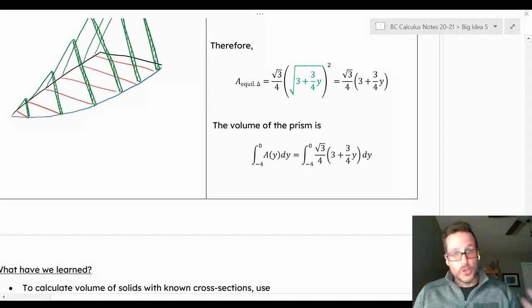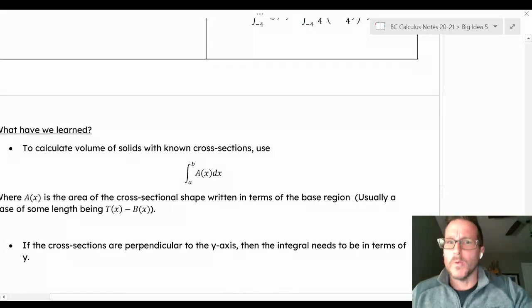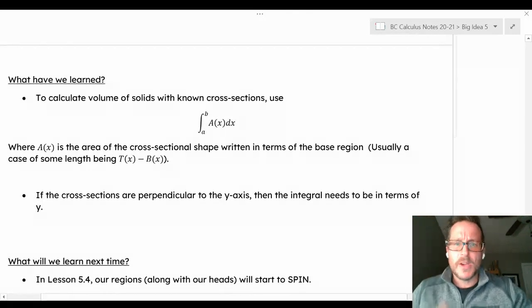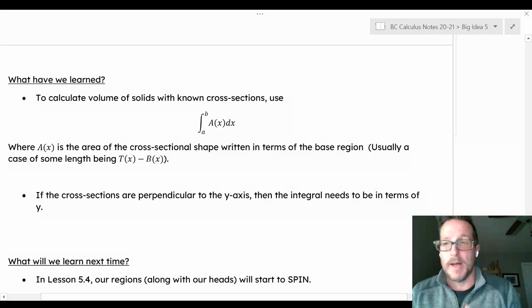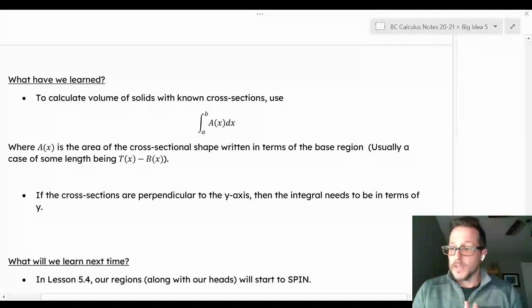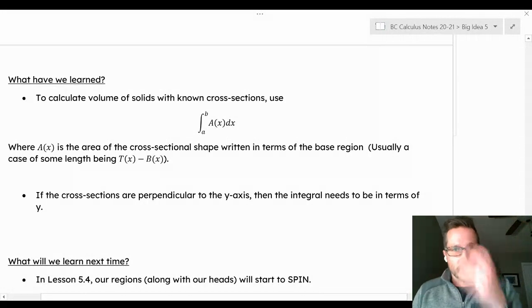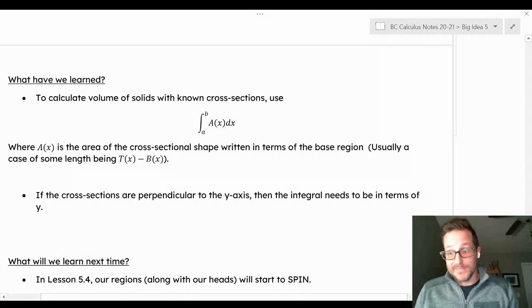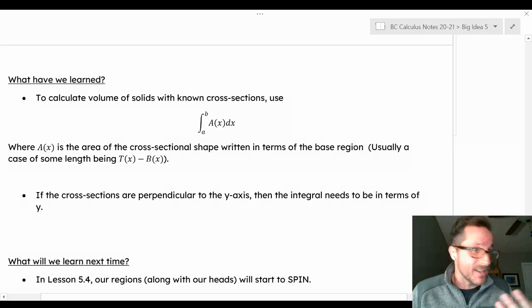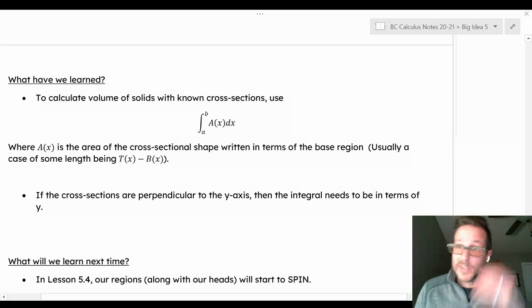So over these two parts, what have we learned? Well, we've learned that if we know what the shape has been built with a certain cross section in mind, we know that we can find the volume by just integrating the area of the cross section, like whatever that area is in terms of geometry, and that's what we want to integrate. So if it's a square, you're going to see side squared. If it's a semicircle, you're going to see pi r squared divided by 2 somewhere. If it's a star,